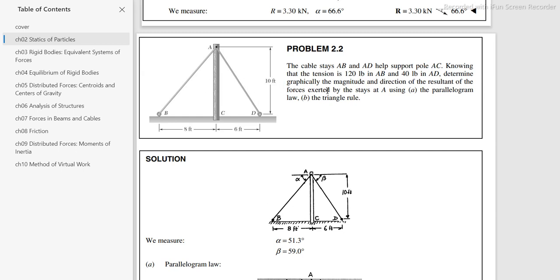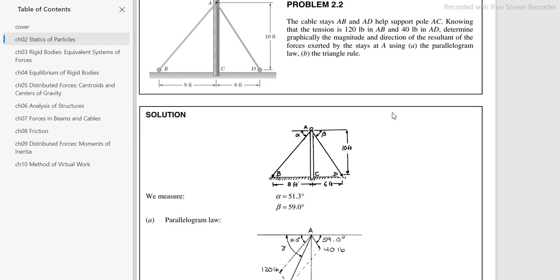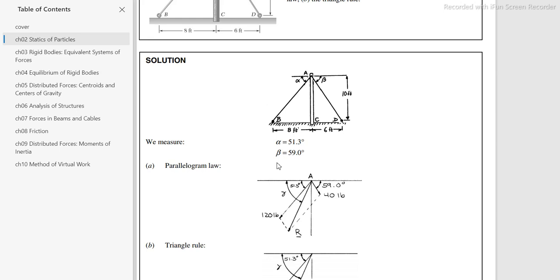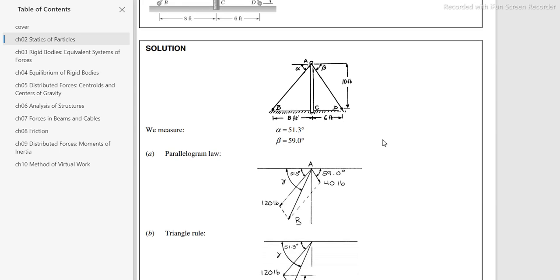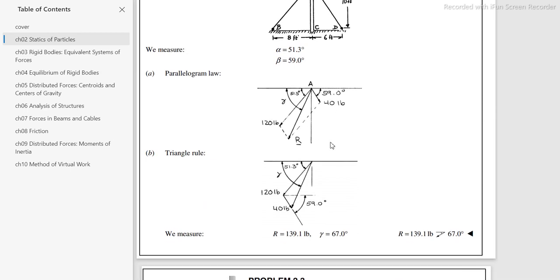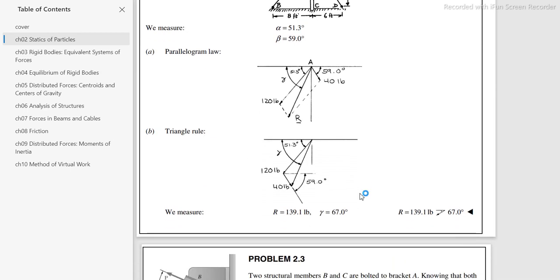Here, determine graphically the magnitude and direction of the resultant of the forces exerted by the stays at A using the parallelogram law and the triangle rule. The solution is, at first alpha and beta are measured, and then the parallelogram law, the diagram and the triangle rule. So the answer is